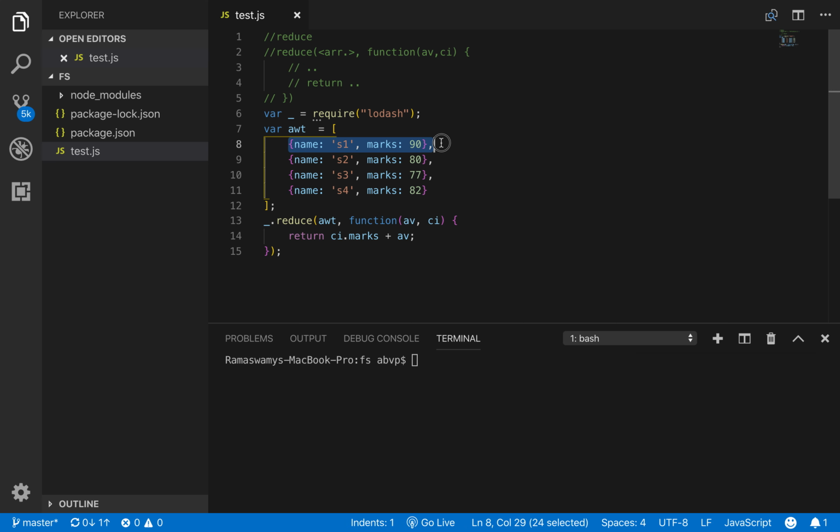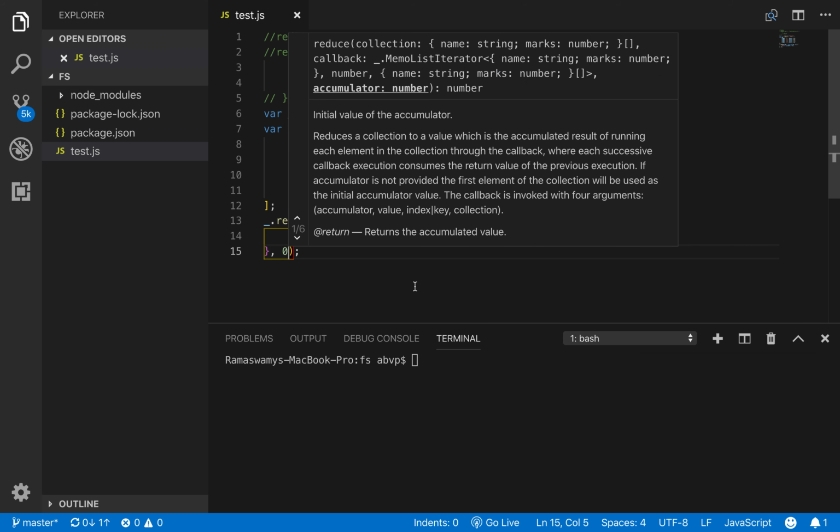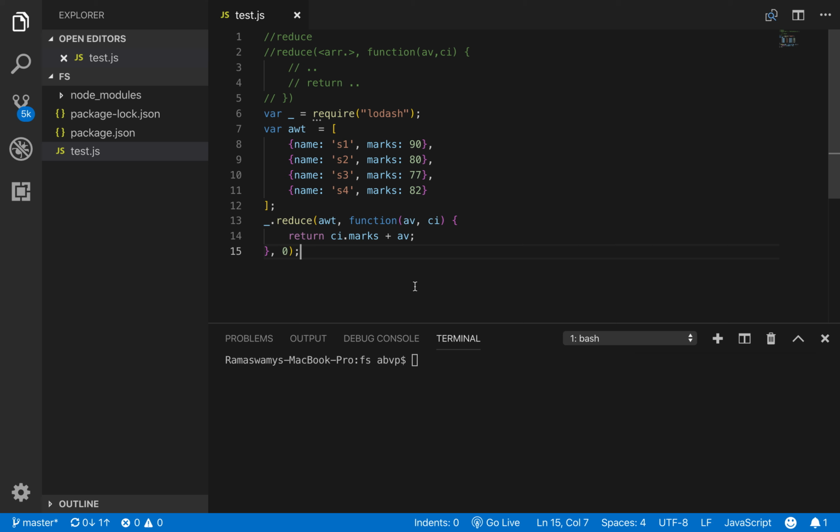So the first item is an object, so object plus integer. We don't want that. Rather, let us have a default value of 0 for AV. So let us say 0 as the third parameter to reduce. So 0 will be the initial value or the starting value for AV. Now we are finding the sum of all the marks for the subject AWT.